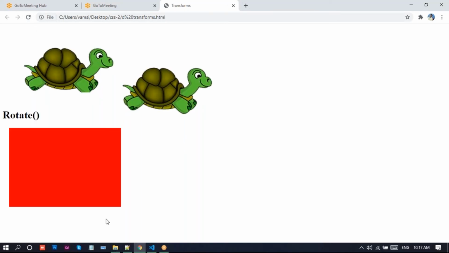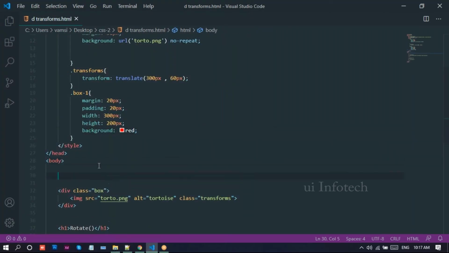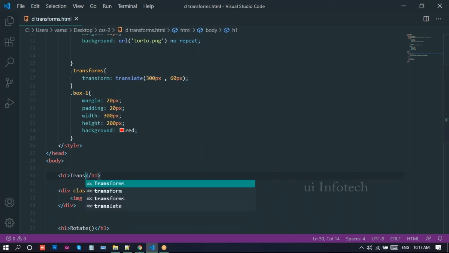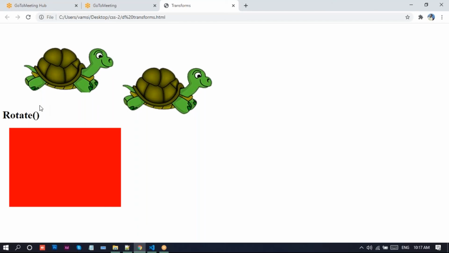Let me run this one on the browser. Go to this browser, just reload this page. This is the rotate property, and the above one is the translate function. And look at this output we have.